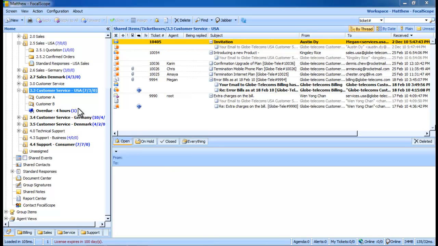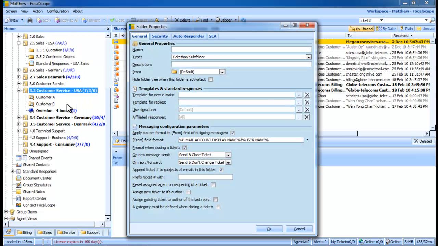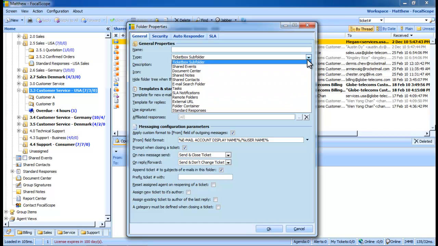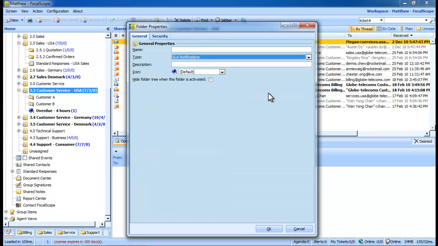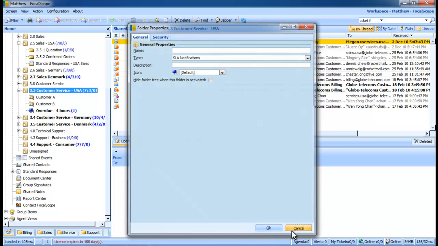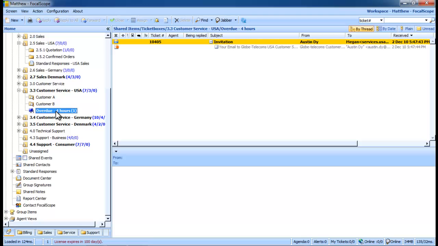We can create an SLA notification folder in this ticket box too. Right-click on the ticket box and select New Folder, and then scroll down to SLA Notifications. In this window, we can give the folder a name and a description. All tickets current and future flagged by our SLA criteria will be copied to this folder. But in this case, we've already created one, so let's click on it here, and we'll instantly see all of